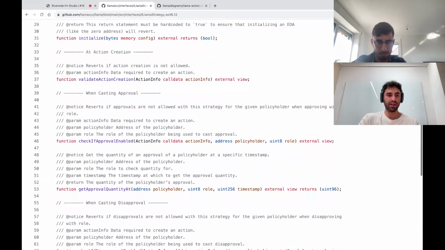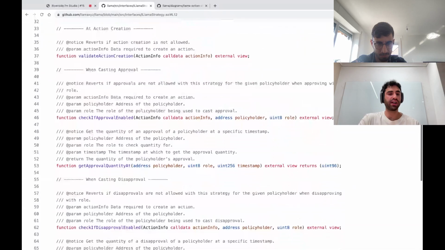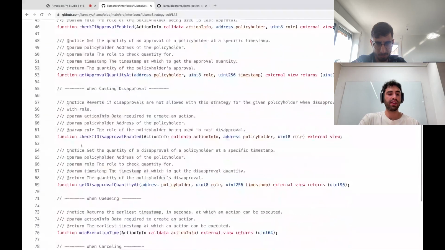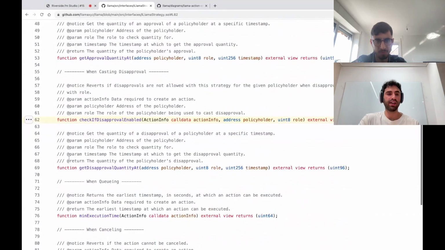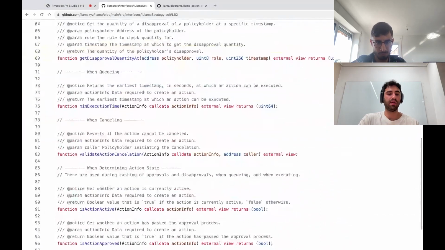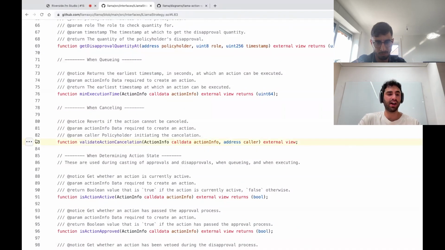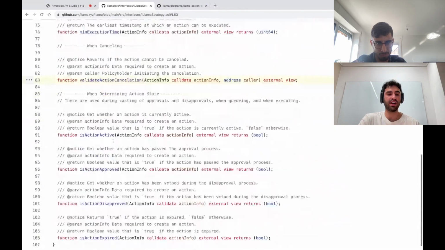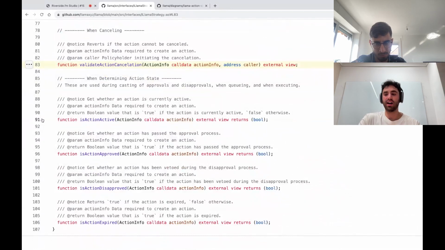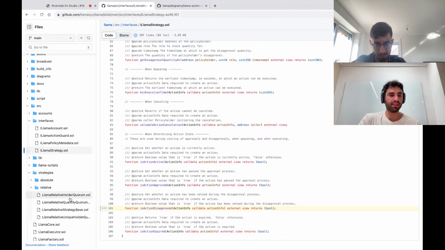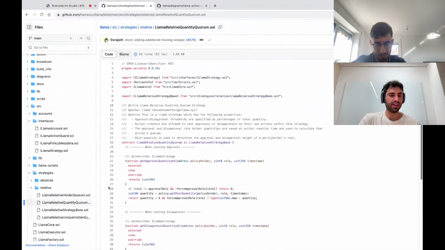What's in this strategy is functions like check if disapproval is enabled, an action cancellation validation strategy function, a function to see is an action active, is it approved, is it disapproved. And so we can walk through what that actually looks like in a real strategy.